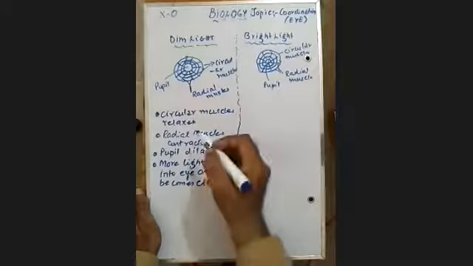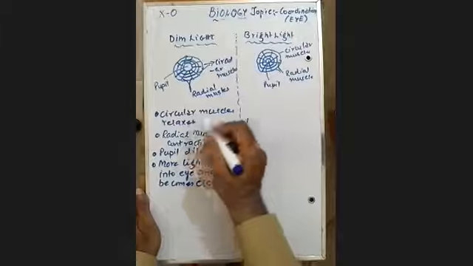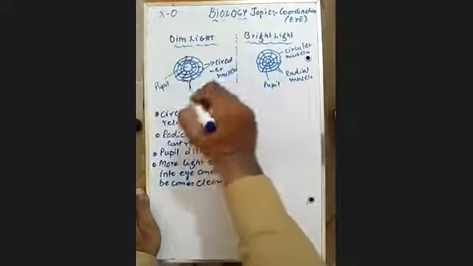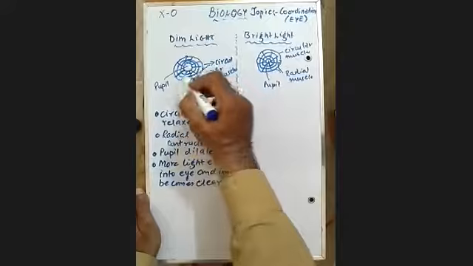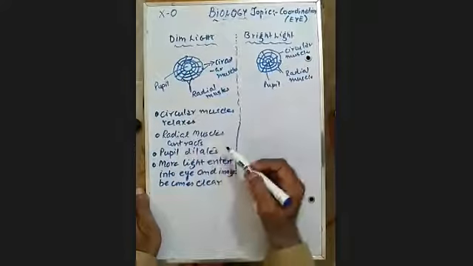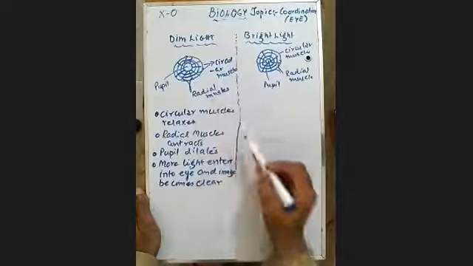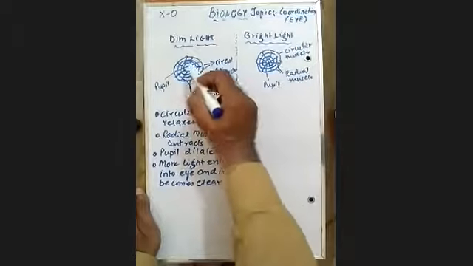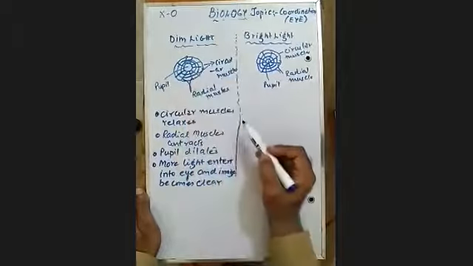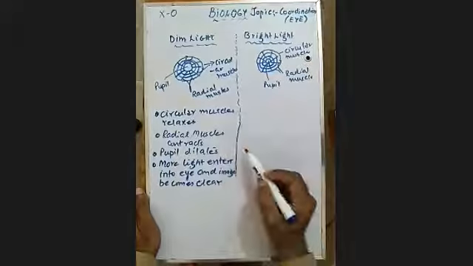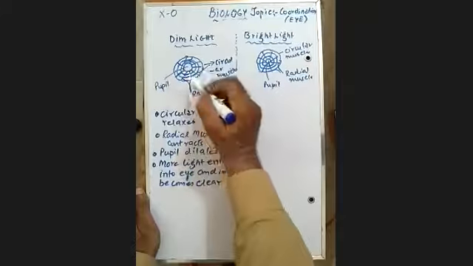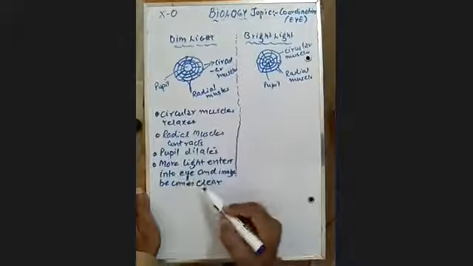Okay, I'll repeat it again. First step, the circular muscles are round muscles, they relax. Radial muscles which are attached to the last layer are in opposite direction, they are antagonistic. You see these lines are the radial muscles, and the circular are the circular muscles. So when the circular muscle relaxes, radial muscle contracts. You see the pupil enlarges, more light enters into the eye.